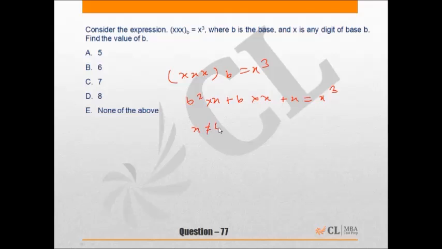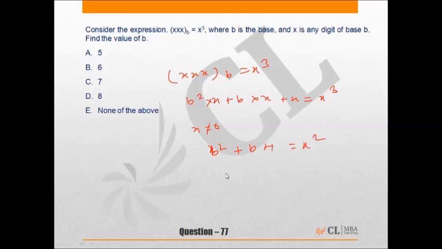As x cannot be 0, therefore we get b square plus b plus 1 equals x square. As x and b both are positive integers, from here